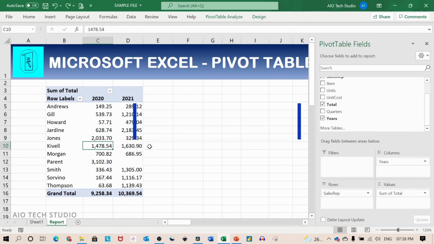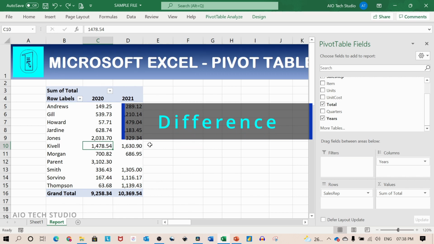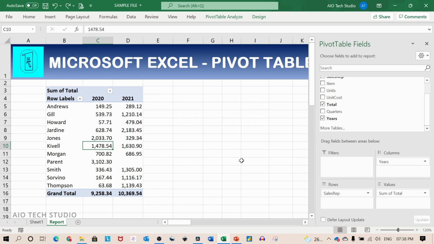Now to the final part of this tutorial to show the difference column. I have set up a column as years from the order date and I get two columns 2020 and 2021. I would like to see one more column here to see the difference between each column.